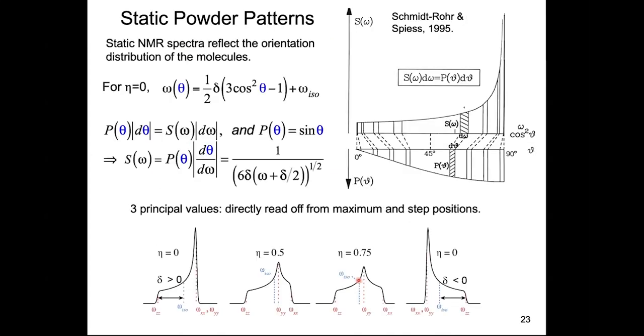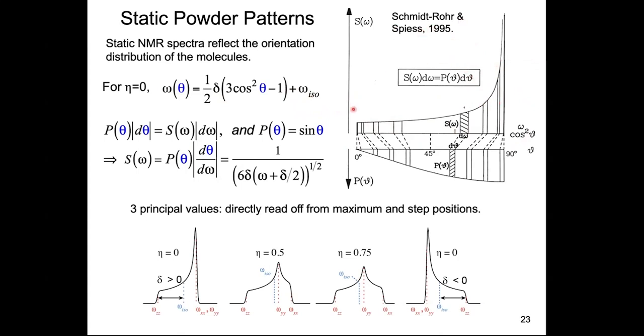of molecular segments. We can further understand the powder line shape by considering the mathematical aspect of a uniaxial tensor interaction. So again, for uniaxial interactions eta equal to 0, you have a simplified expression where frequency omega depends only on the polar angle theta between the unique principal axis and the magnetic field. And this relation is 1/2 delta times 3 cosine squared theta minus 1. And this powder pattern under this condition can be derived analytically using a principle called the principle of the differential conservation of the integral. This figure is taken from the book of Schmidt, Rohr, and Spies on solid state NMR